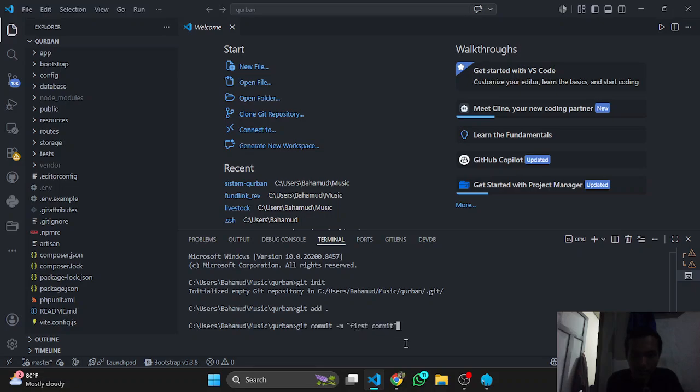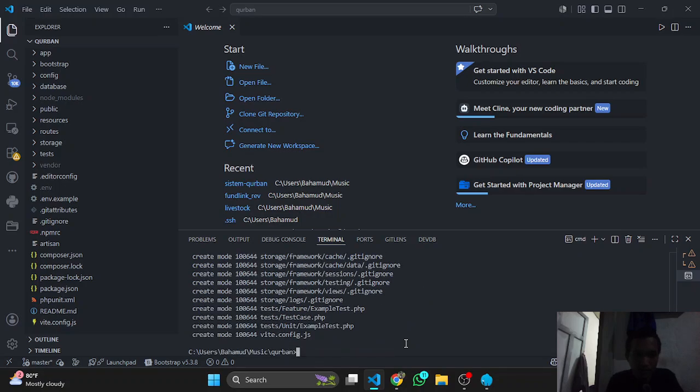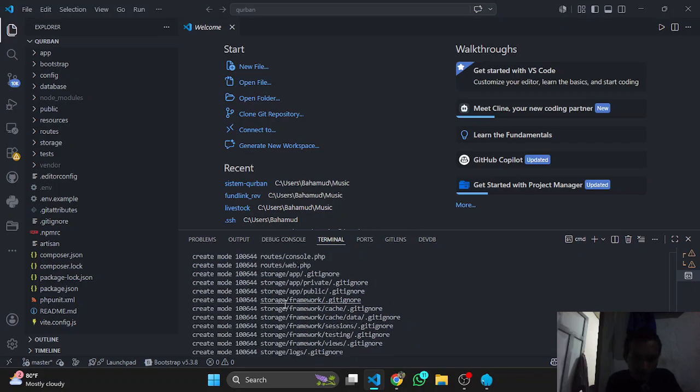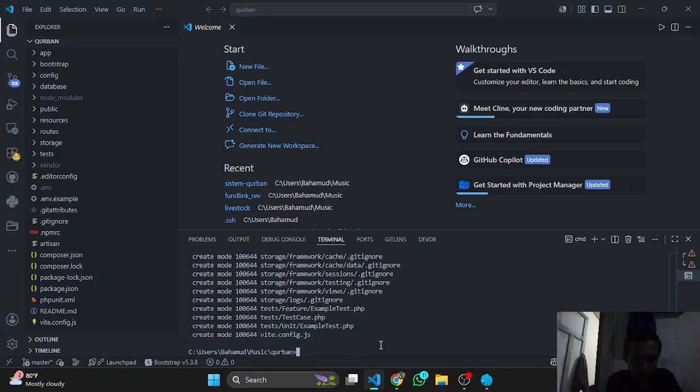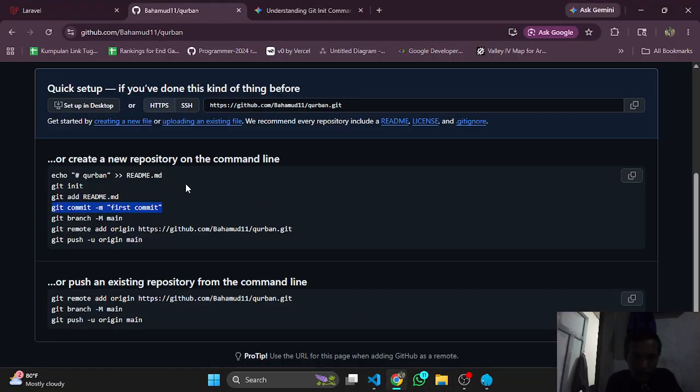You can type whatever you want, but let's use first commit, the standard one. Okay, this creates the storage, routes, and so on. Let's continue.